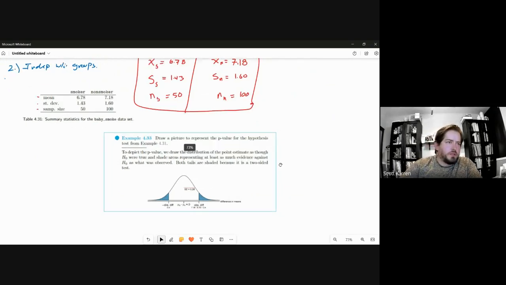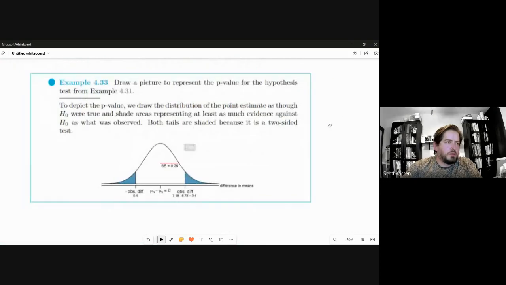They've drawn essentially the assumption, the H0 suggests that there is no difference, and therefore that's our assumed difference of the means. And then this observed difference that we found,